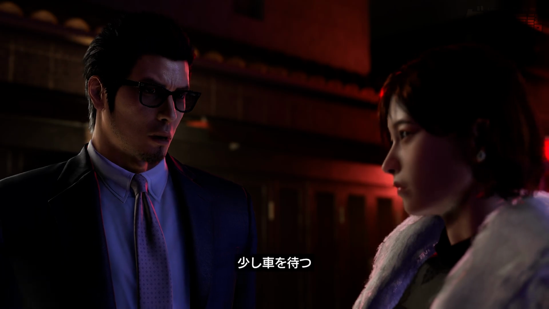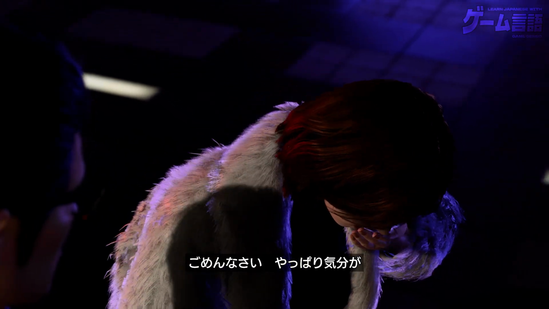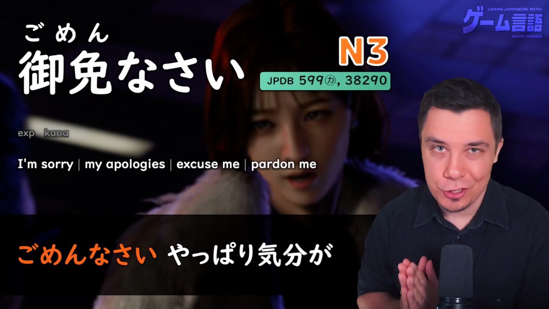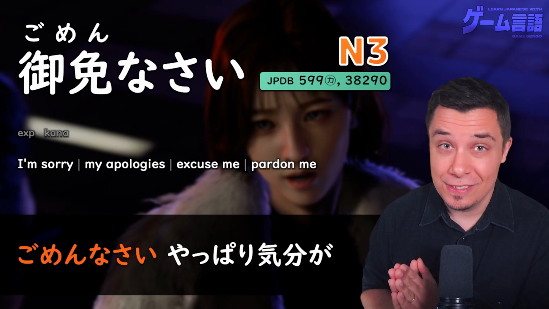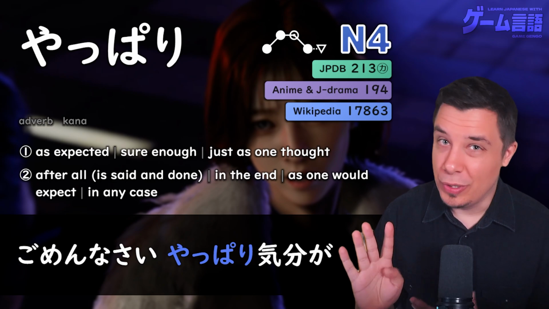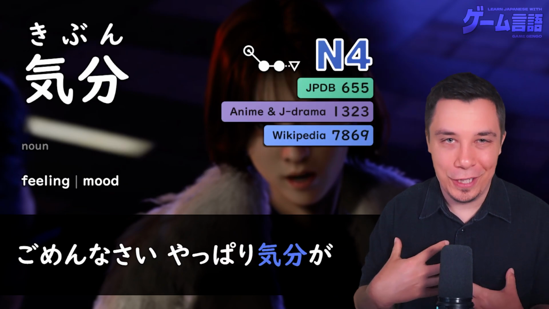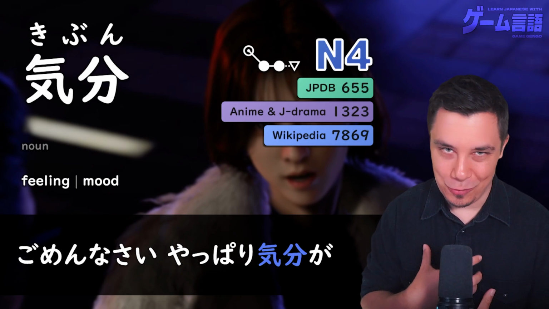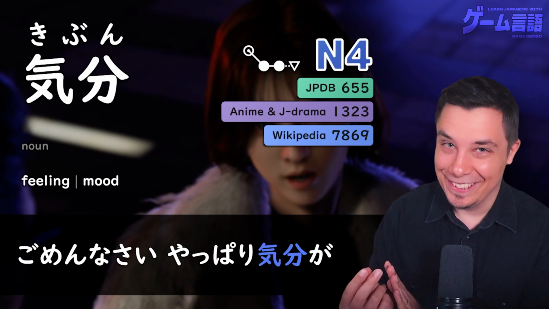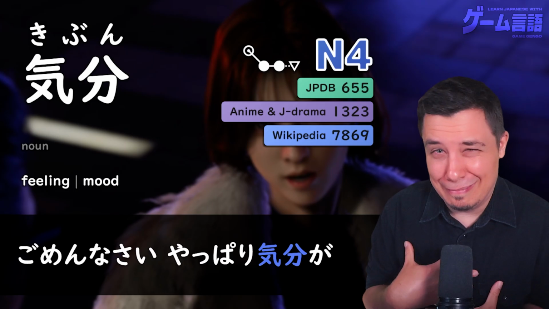ごめんなさい。やっぱり気分が。Oh no, she doesn't seem too well, so she says, ごめんなさい. So ごめんなさい is just apologizing. I'm sorry, my apologies. Yappari, the N4 piece of language to express as expected, as I thought, or even after all. And then 気分が, dun dun dun. Now 気分 is for feeling or a kind of mood, here talking about her actual physical health. And then 気分が, so her health is a certain way, dun dun dun, perhaps not very well. So I'm sorry, after all, I'm not feeling too...